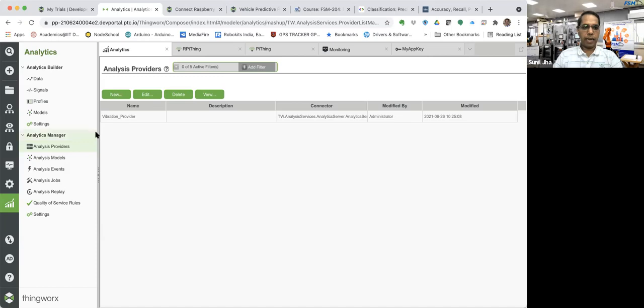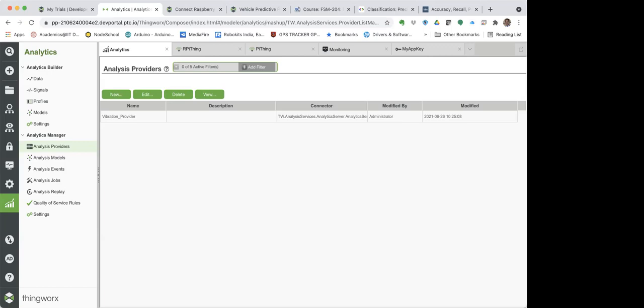So here, out of the various models, you have to create a service provider. Analysis providers are basically services that you can configure based on the connectivity. So you can use a model which is coming from the ThingWorx right now, or you will also be allowed to run some mathematical analysis in the ThingWorx platform.